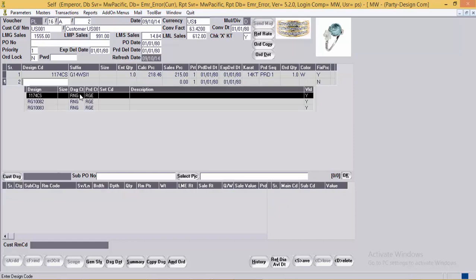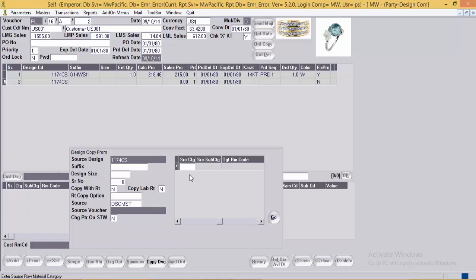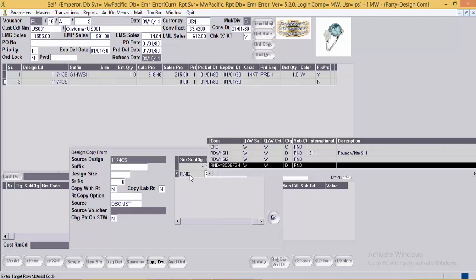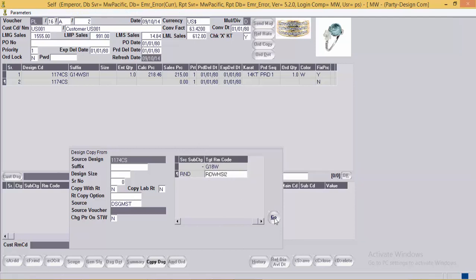Next, the same design he may order in 18 karat and SI2 quality. The same way, G18W for gold, and in case of round, he uses SI2 quality.